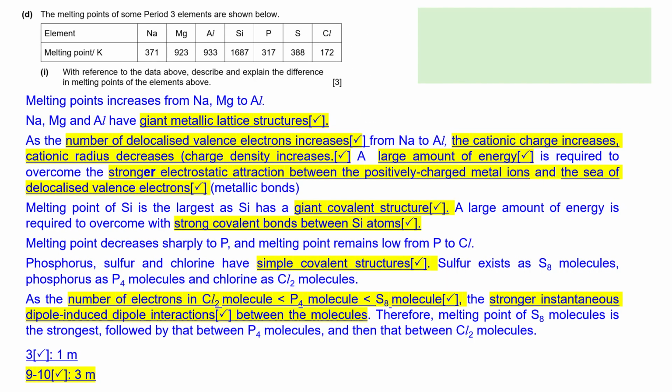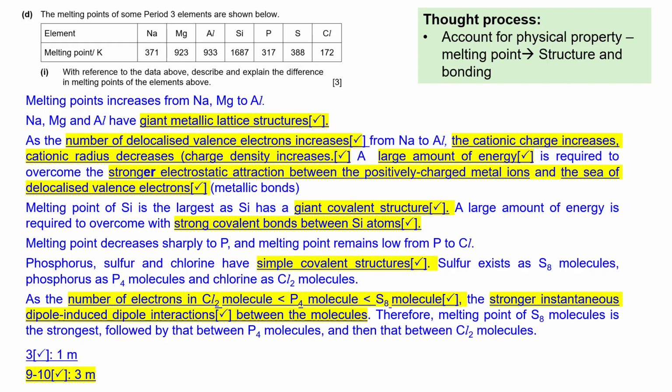Okay, part D is a periodic table question. With reference to the data above, describe and explain the difference in melting points of the elements above. So the thought process should be this, guys. In order to account for a physical property like melting point, we should be using concepts such as structure and bonding, which is part of your chemical bonding